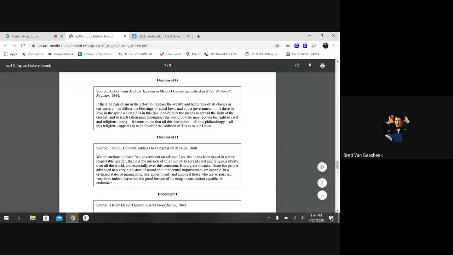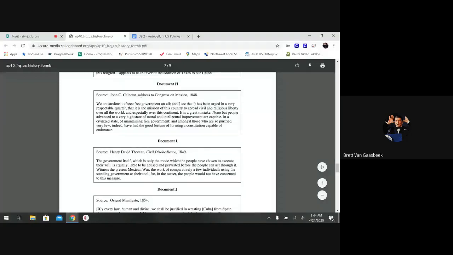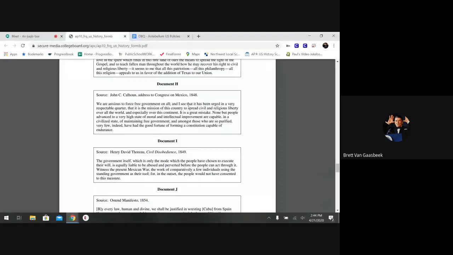Document H, source, John C. Calhoun, address to Congress on Mexico, 1848. Remember, Calhoun is a senator from South Carolina. He was a vice president under Jackson, did not like Jackson. Jackson wanted to hang him because of tariffs. Well, in 1848, he's going to be talking about this new section of territory they just got from the Mexican